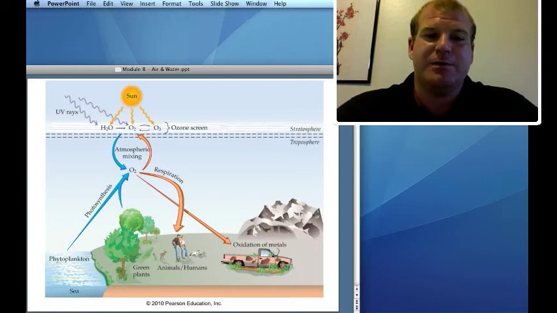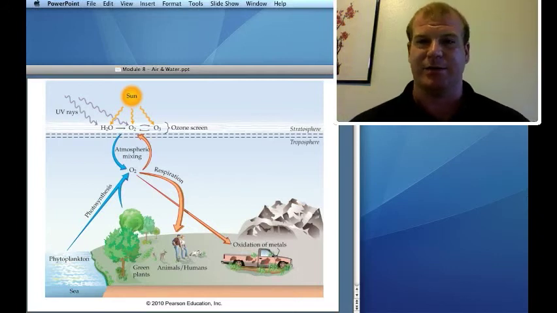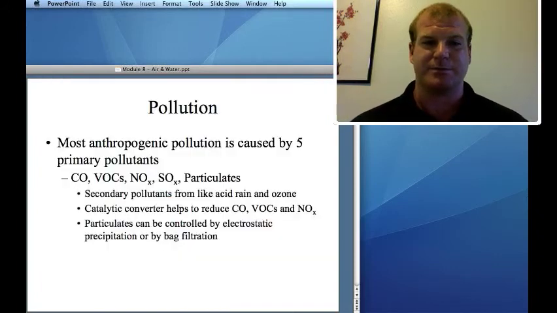And ozone depletion is a problem. It was formerly believed to be from CFCs, chlorofluorocarbons. They still produce some ozone depletion. The primary cause of ozone depletion is volcanic eruptions, the volcanic ash and the ice crystals from it. Now, humans don't help, but we're not the primary cause. But the problem is that these ozone holes can cause a little bit more ultraviolet light to get through.